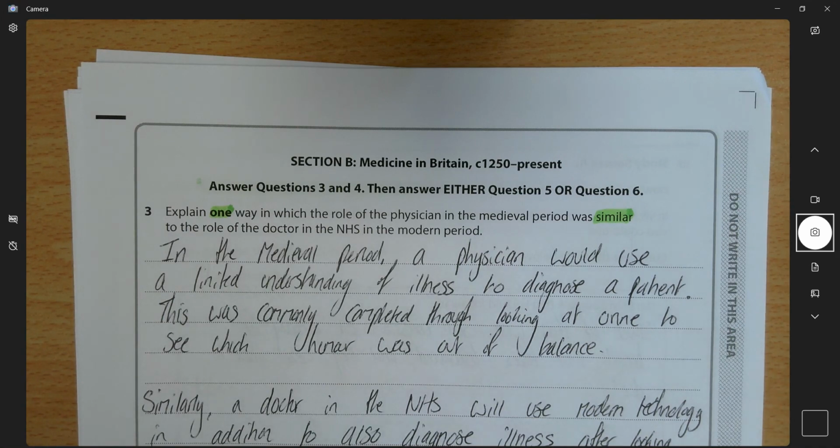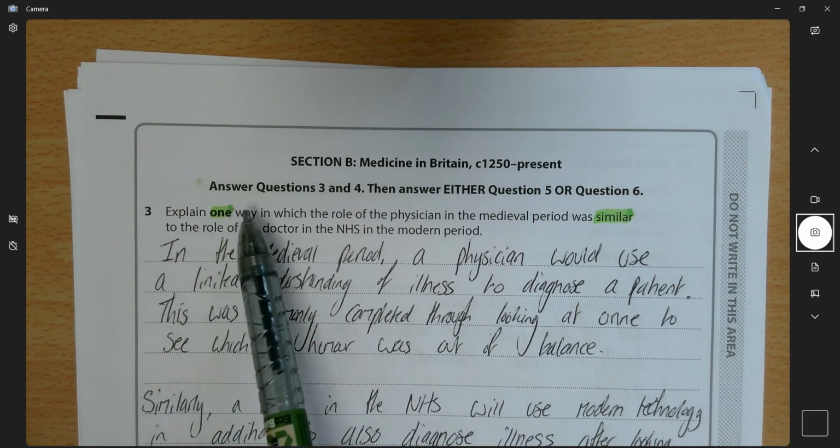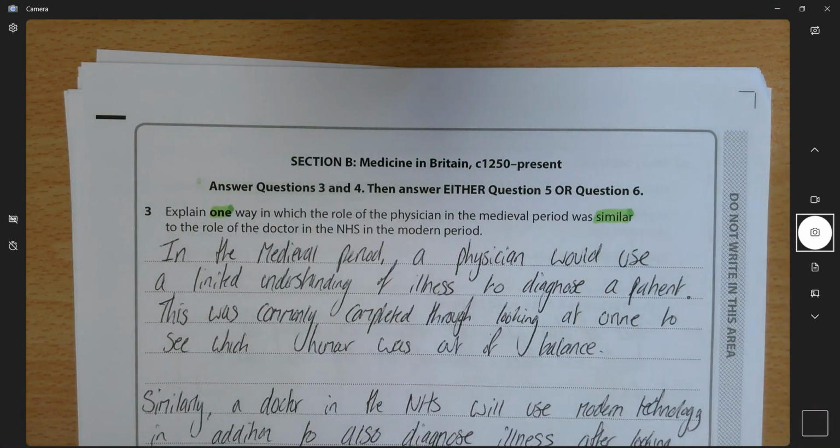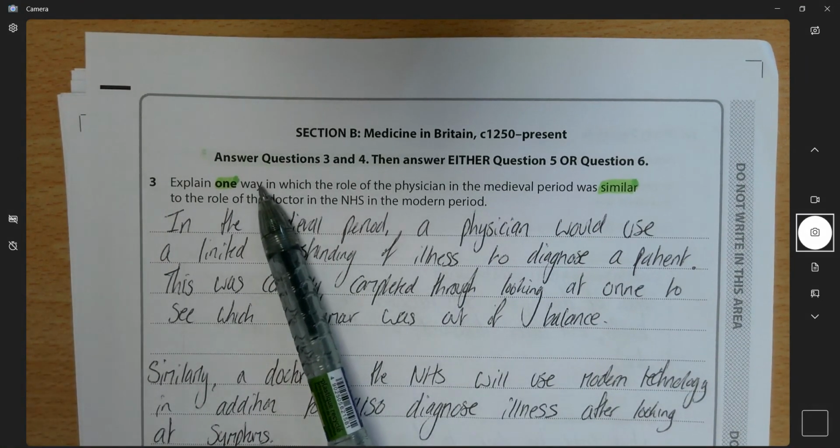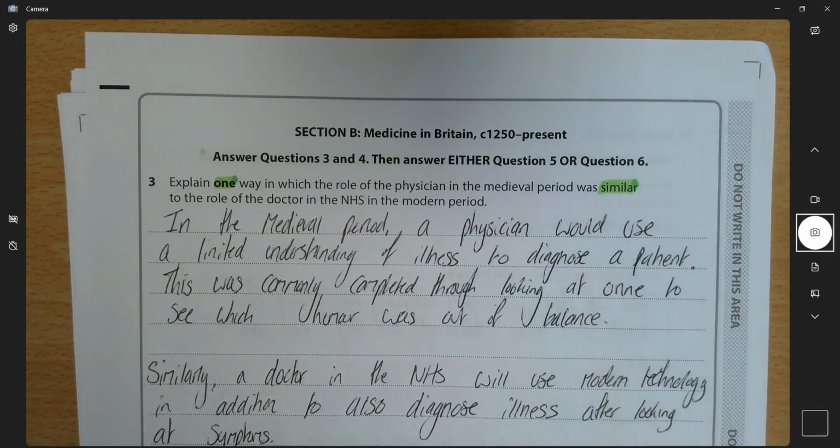The first one, and it is in bold, but I've highlighted it anyway because I've seen lots of people try and do like 2, 3, 4 times the amount that's actually required on this one. So it's important to know that it is just one way. We just focus on one way. And what it's going to ask you to do is compare or contrast two different time periods.